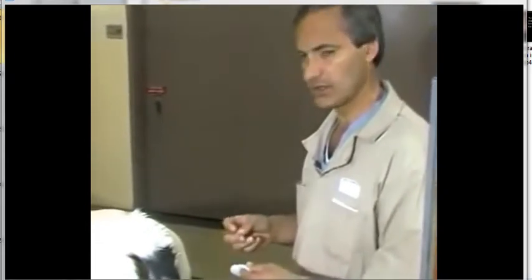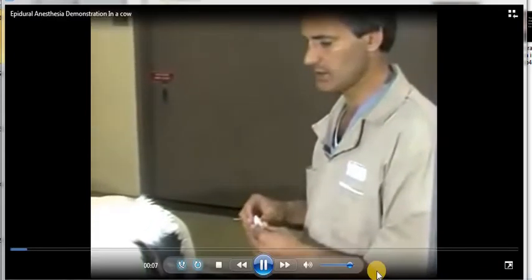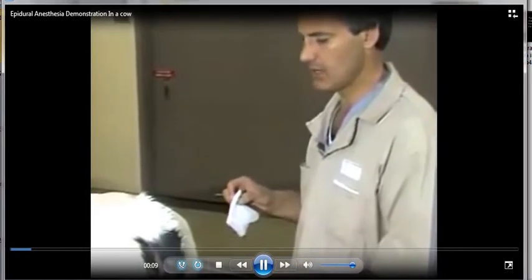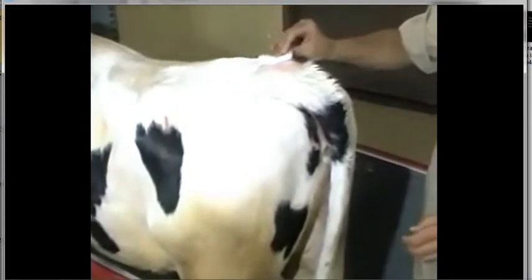Now I'm going to demonstrate epidural anesthesia. This is a very commonly used technique in cattle practice and has many uses that I won't go into here. The first and most important aspect is to be sure that the site for epidural injection is thoroughly clean. It's best if it's clipped or shaved, and the site that we would like to use can be appreciated here when I move the tail,